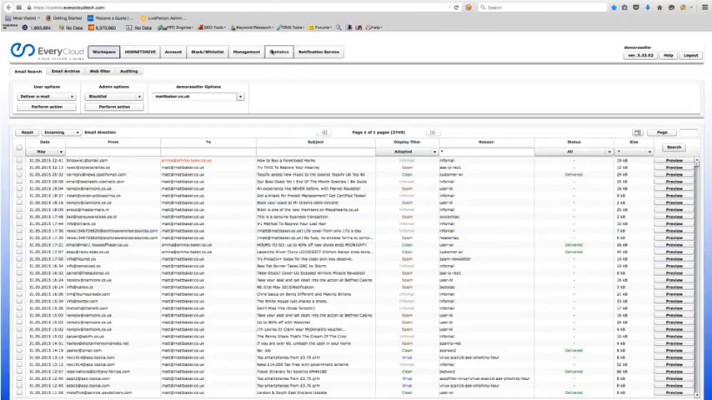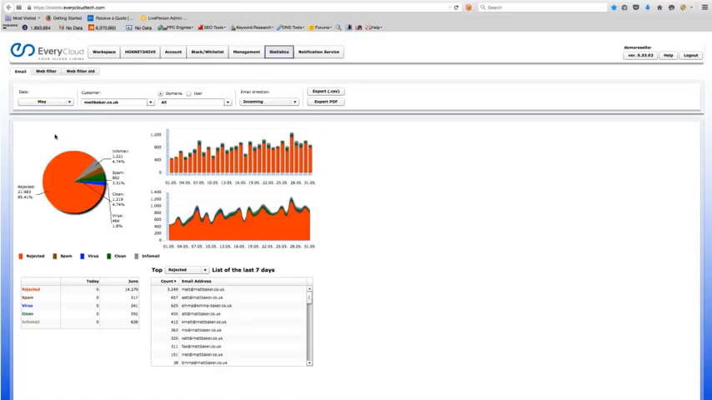Okay, one other thing to look at, the statistics tab, a really useful tool for when a customer's coming to the end of their 30-day evaluation. Not only does the statistics tab show us the amount of spam that they've had, but also the amount of rejected emails that were rejected at the boundary. So for example, you can see here with this particular